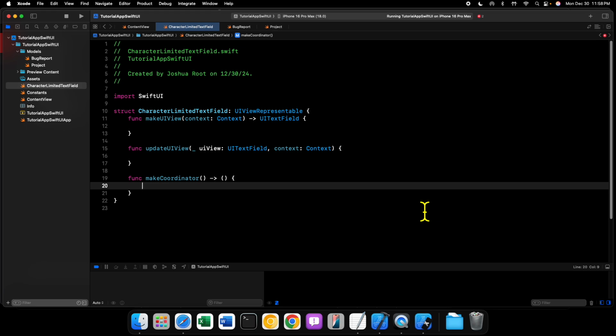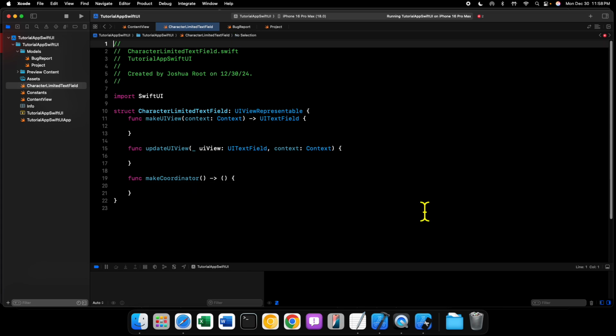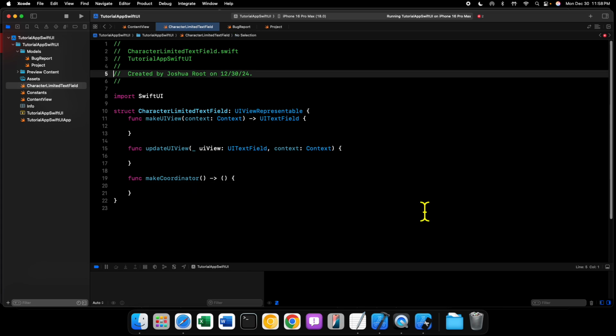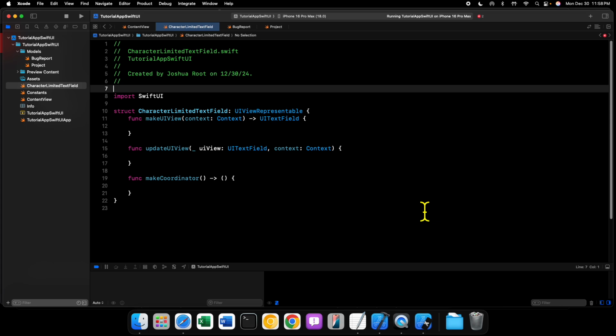So that's how delegation works in UIKit, and it's important for understanding how we can successfully create UIViewRepresentables that work well. All right, so once we have this, we are going to create a class called coordinator. Well, I guess before we create that coordinator,